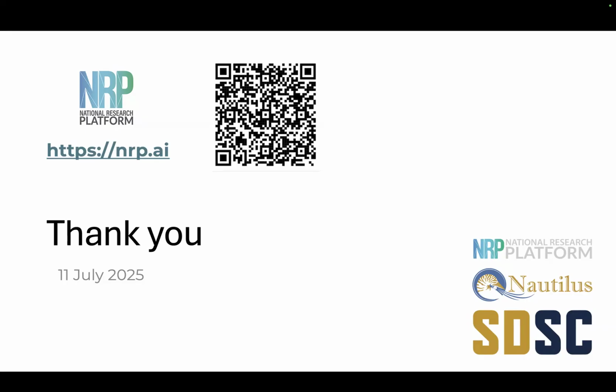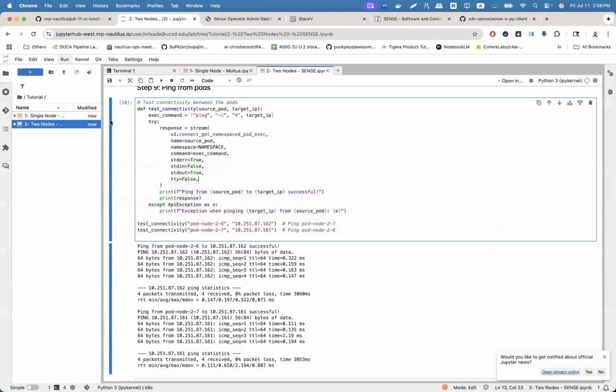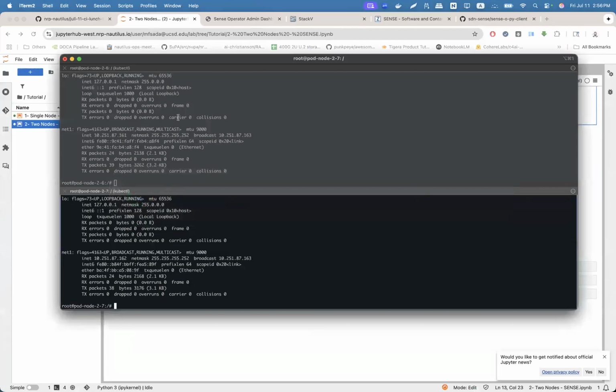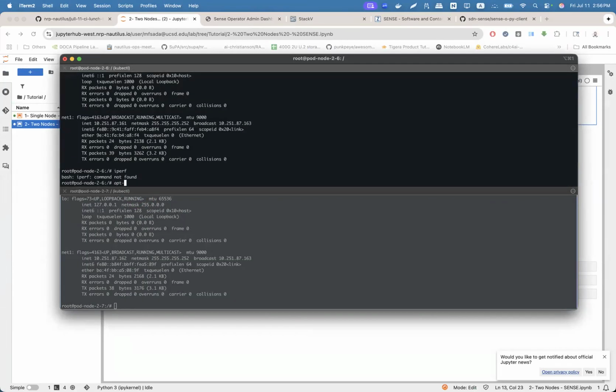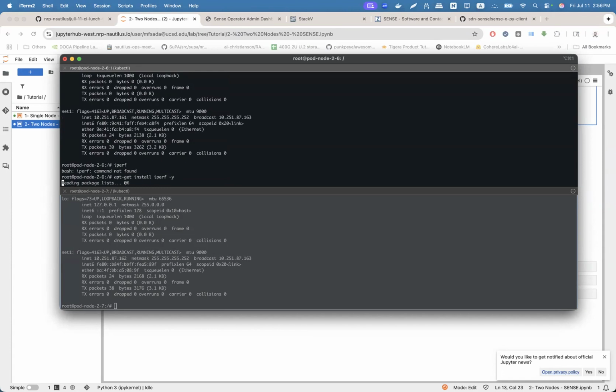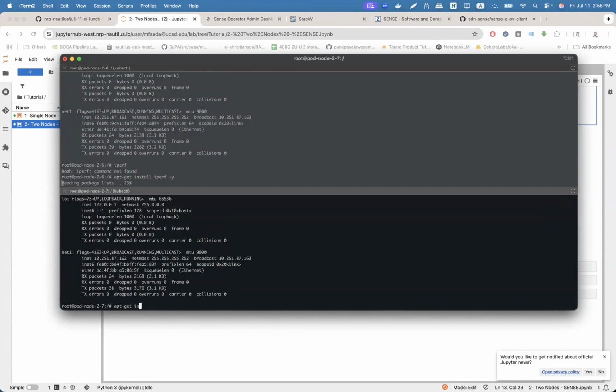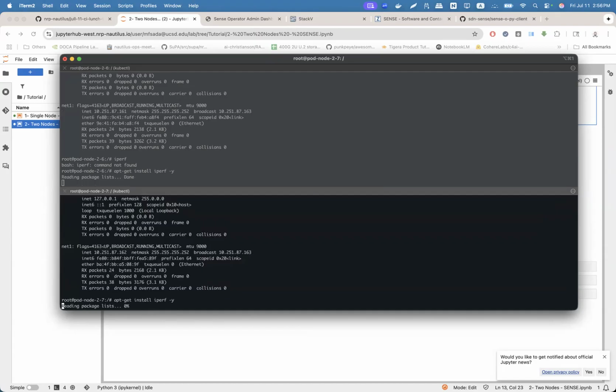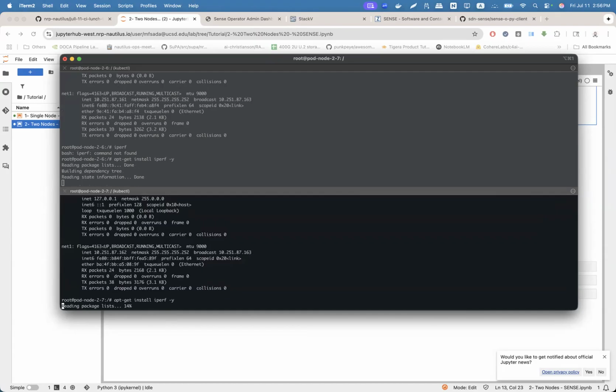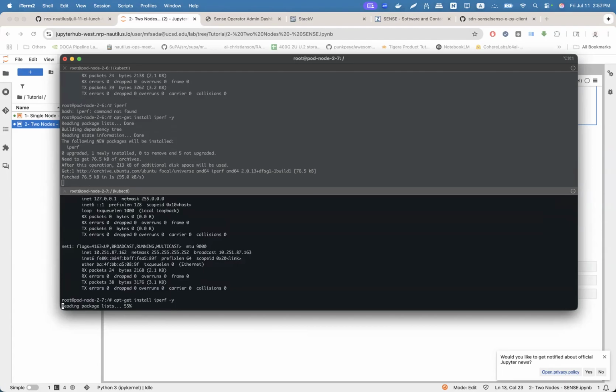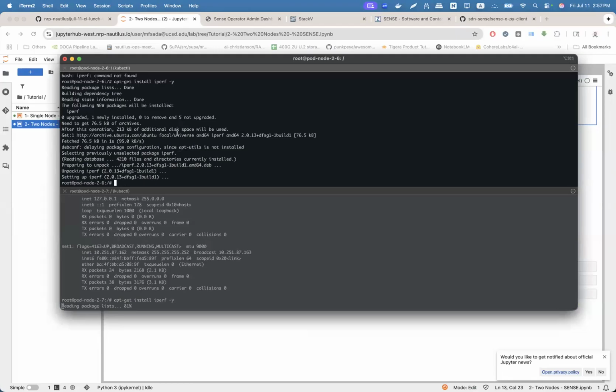If there are no questions, Mohammed, why don't you show iPerf running between those two pods, showing the QoS. All right, let me check.